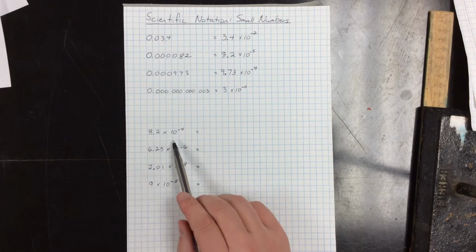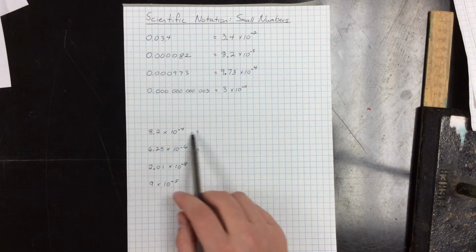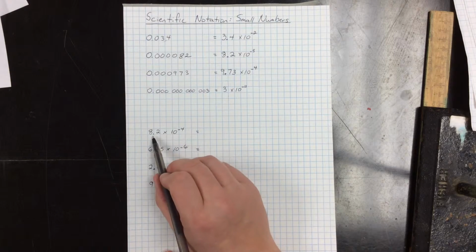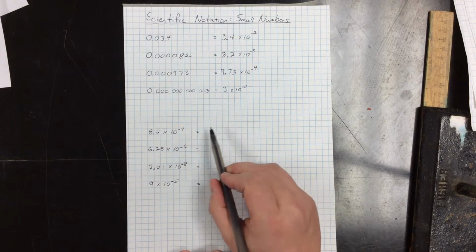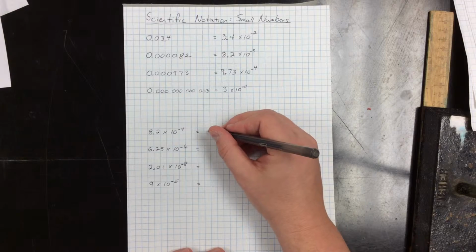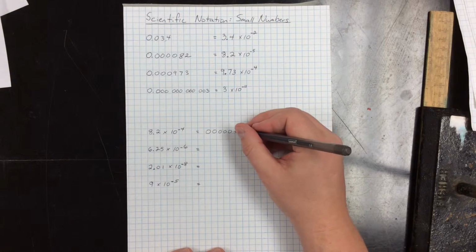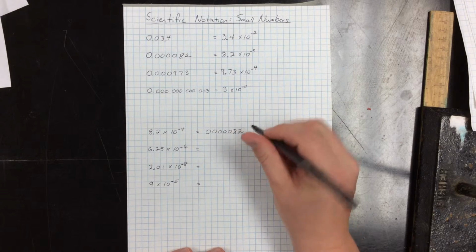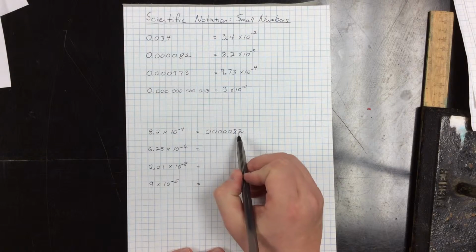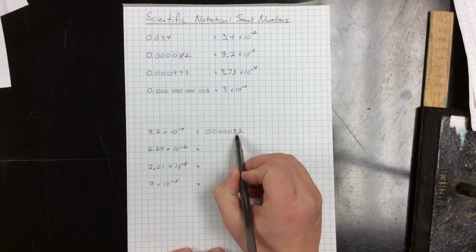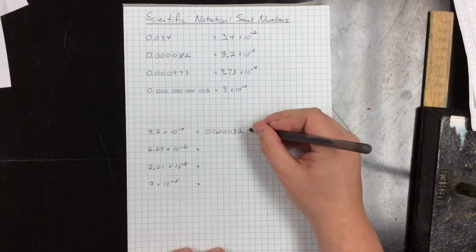Sometimes we have to write a number that's already in scientific notation in standard form. So we know it's going to be significant digits of 8 and a 2, and it's going to be some zeros in front of that. So I'm just going to start with writing a few zeros down, and my significant digits of 8 and 2. I know I have to move it 4 places towards the left, so starting here, I'm going to move it 4, 1, 2, 3, 4. So my answer is